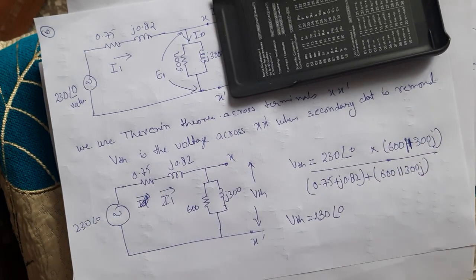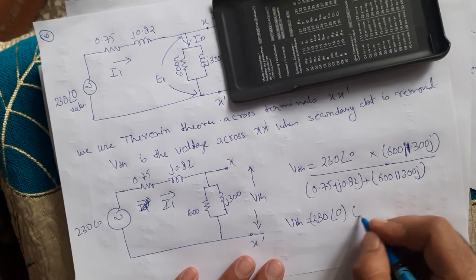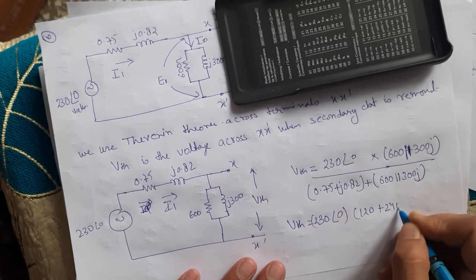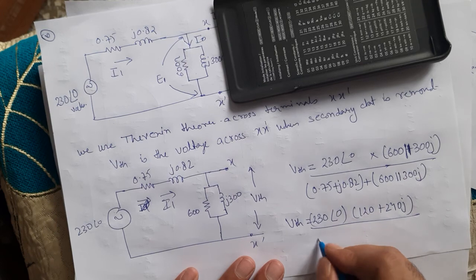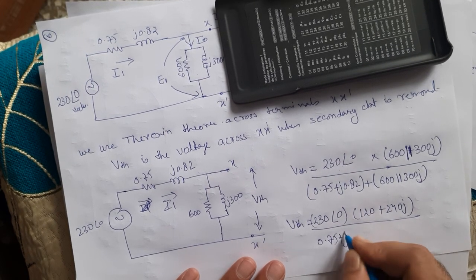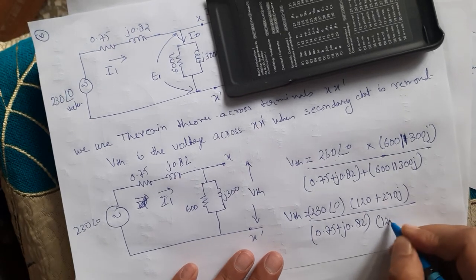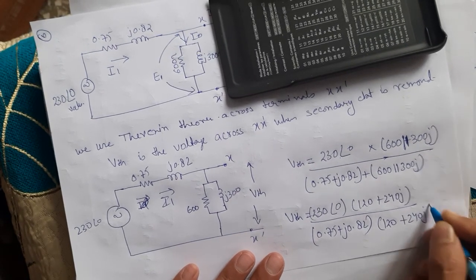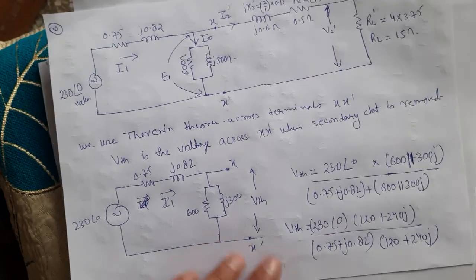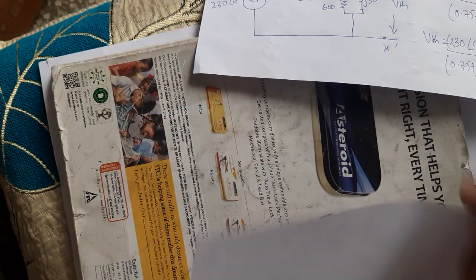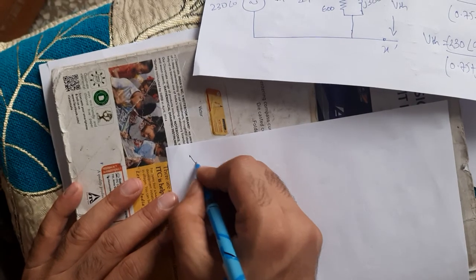It will be 120 plus 240j. So the current is 230 angle 0 divided by 0.75 plus j 0.82 plus 120 plus 240j, multiplied by 120 plus 240j. If you solve this, you will get VTH equal to,